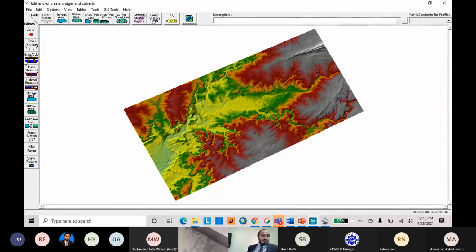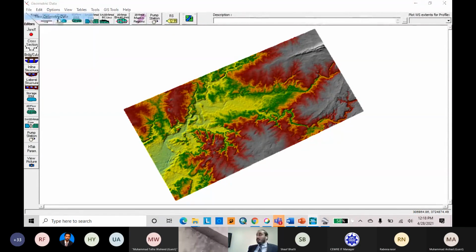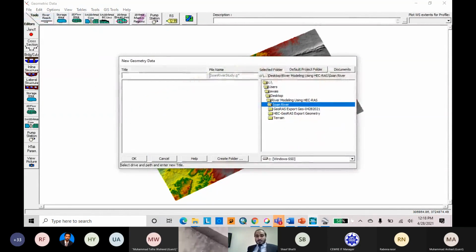But our step 4.1 is creating new geometry. First of all, we will create new geometric data. Here is our default folder, Swan River. We will assign the name Swan River DGO.